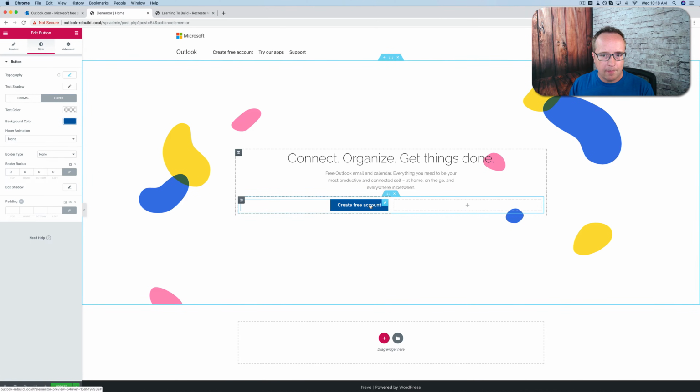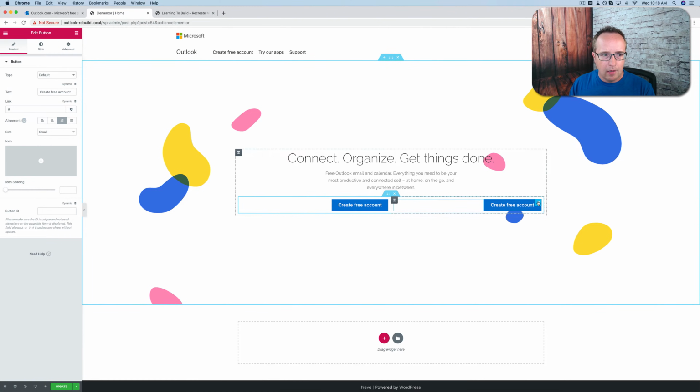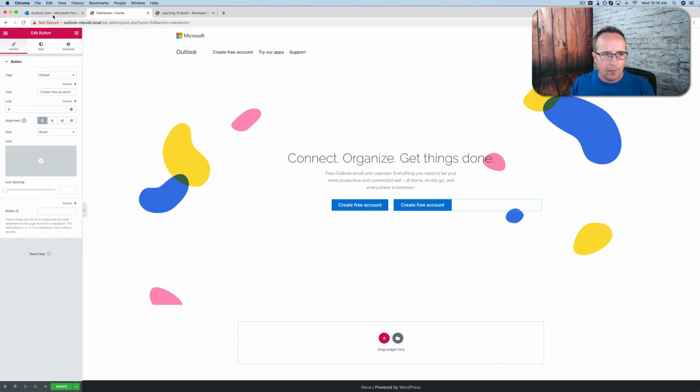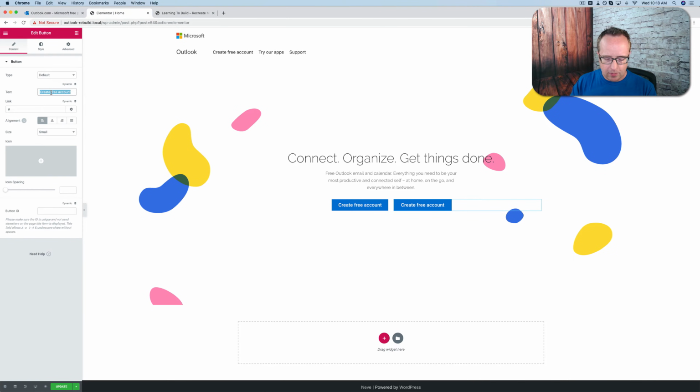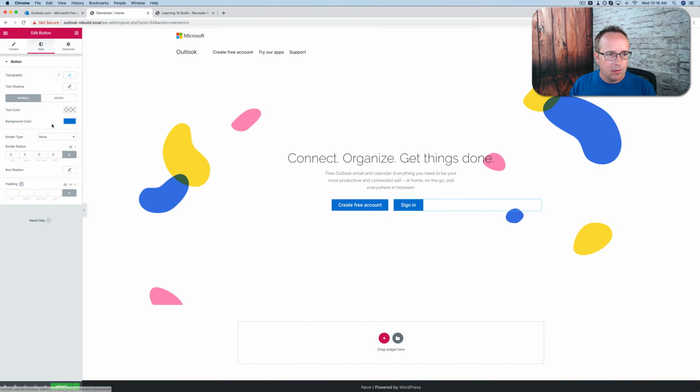I'm just going to copy this button and paste it over here. I'm going to align it to the left. I'm going to call it sign in. The same dark hover effect, but it's just not filled in. There's only a border. So let's quickly change how this button looks. Sign in. Under style, background color. Let's just copy this color